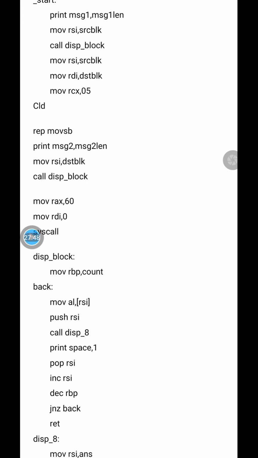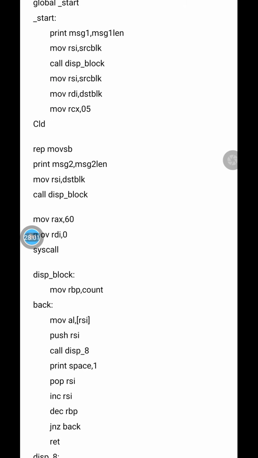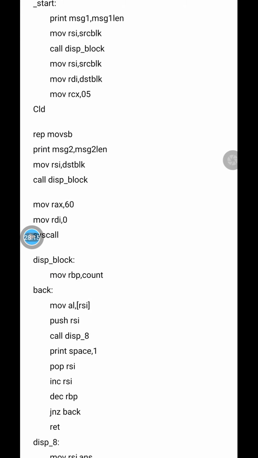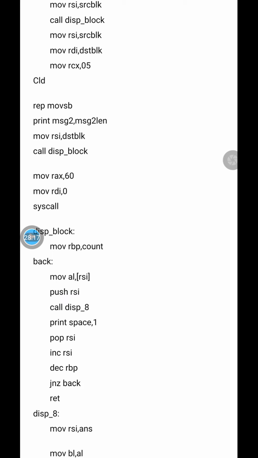So automatically, depending on which instruction you are writing, your pointers will be incremented either by 1, 2, 4 or 8. So once you write this, your source block contents will get transferred into destination block. So the 5 to 6 lines of code get saved over here. And after transferring the contents to destination block, you have to do the same thing.